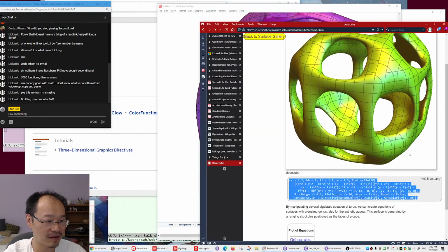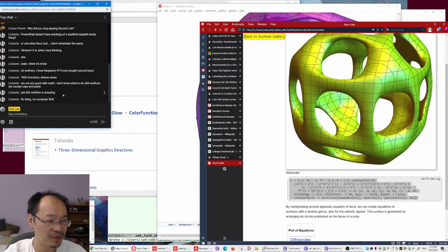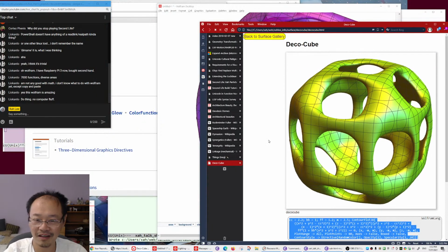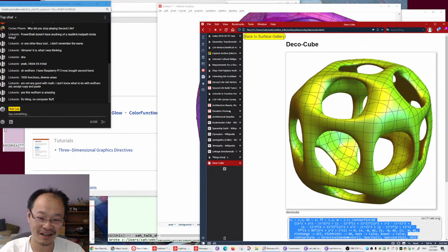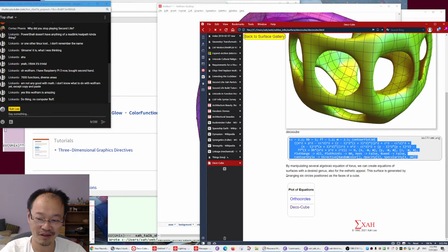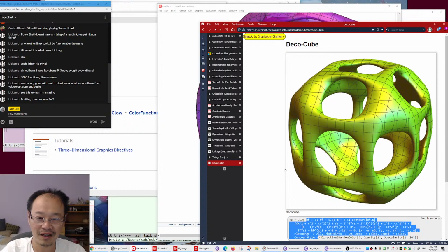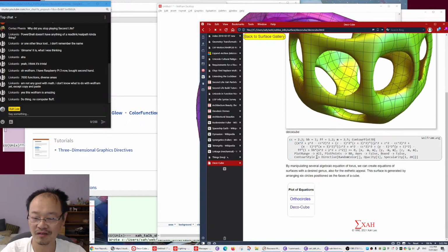And let me show you also, no computer stuff, do things. Wolfram is amazing. I'm not any good with math. I don't know what to do with Wolfram except copy and paste. Yeah, that's good. That's what most scientists do. Actually, that's true. Most scientists are not programmers. So when they use Wolfram language, just like me right now, you just try, you plot things. But we haven't gotten into actual programming of the Wolfram language, which I will start to show in my coming